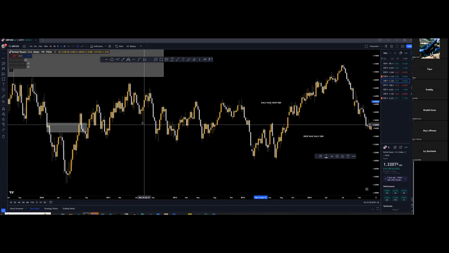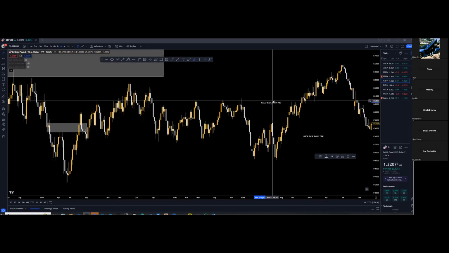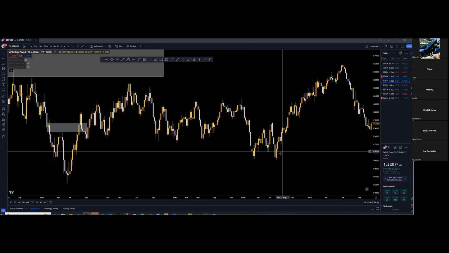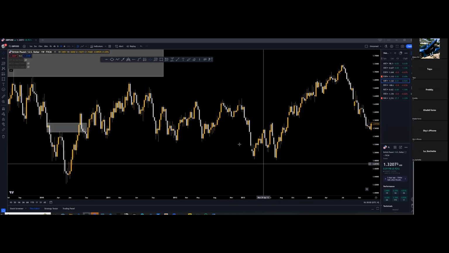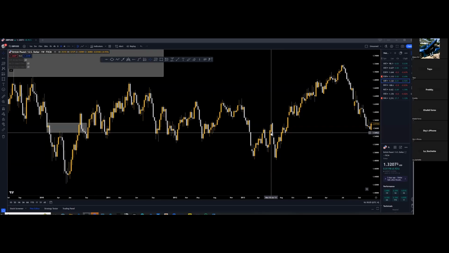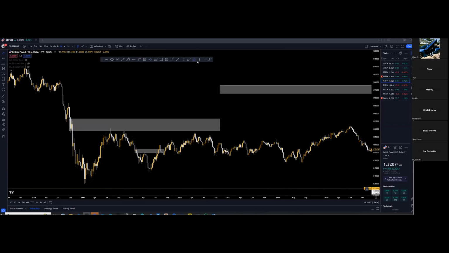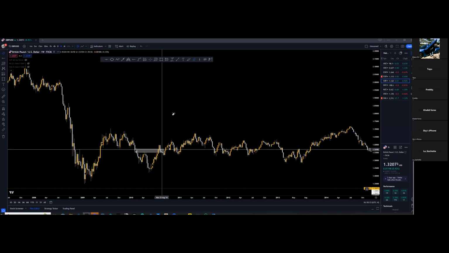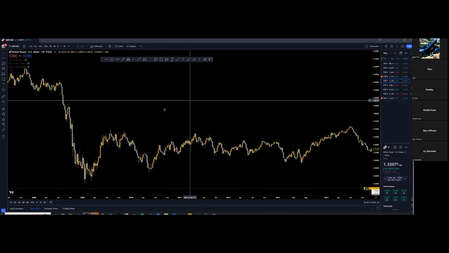So now we know the 4 different types of demand and supply zones, right? We know the 2 continuations and we know the 2 reversals. But now we know the factors we're looking for when it comes to the freshness of the zone, all of that, to know a good quality demand and supply zone. And whatever time frame you draw that zone on is the time frame that zone is being respected on. So if you draw a demand zone on a 1 hour, for instance,